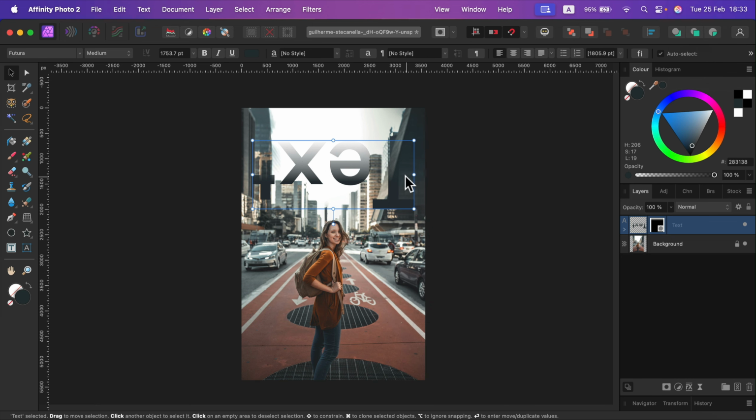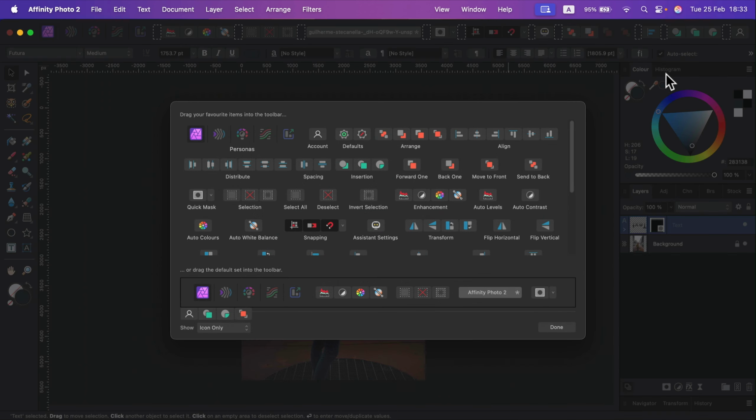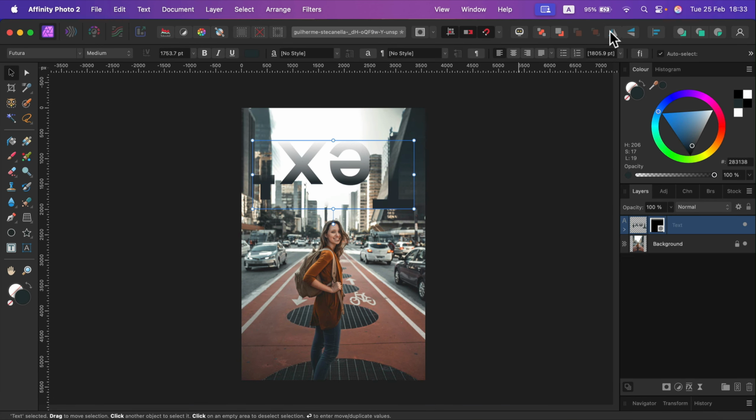If you use this very often, I would go to the top and then right click and customize the toolbar. You can drag in those dedicated tools for flipping horizontally or vertically to your toolbar. And done, and I can see them right here